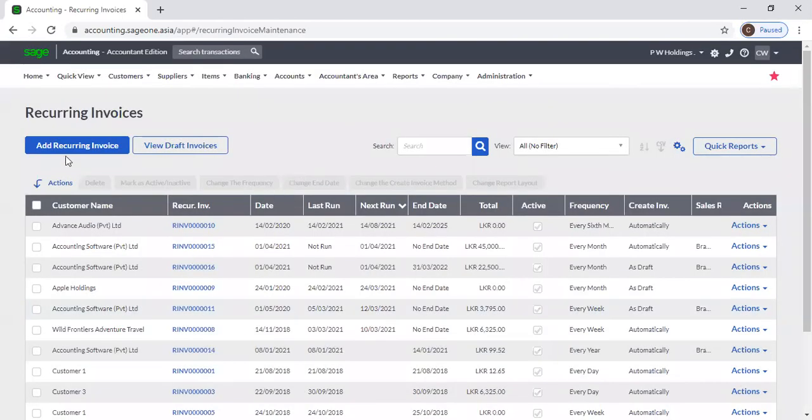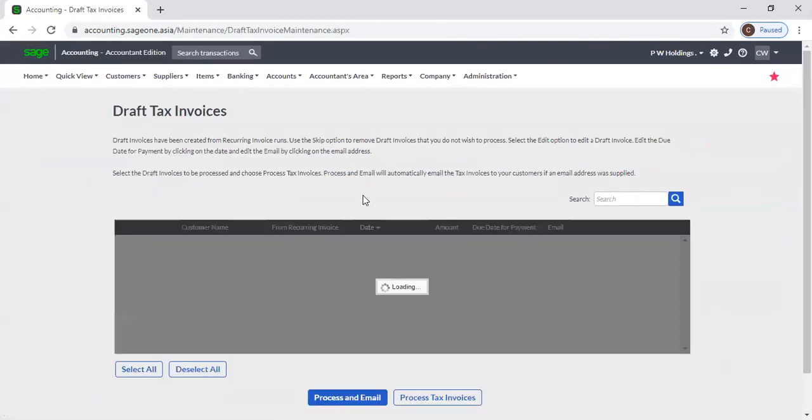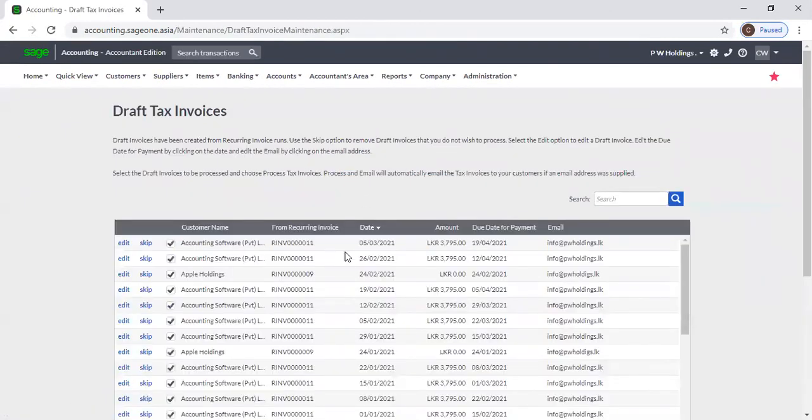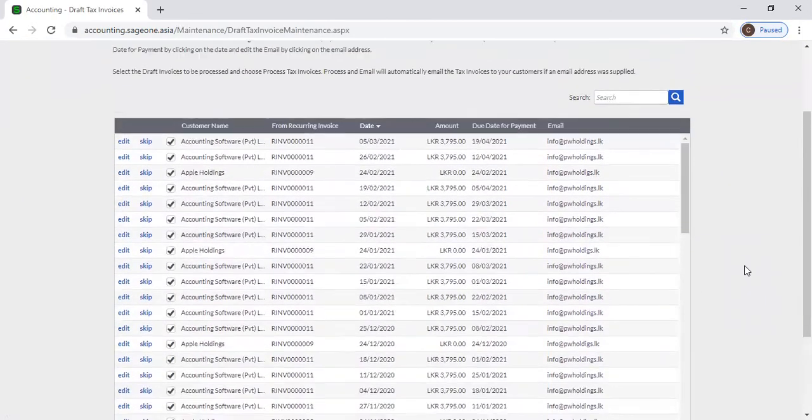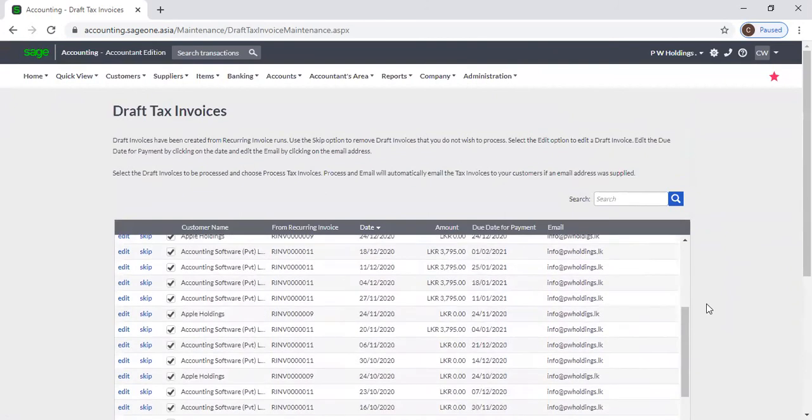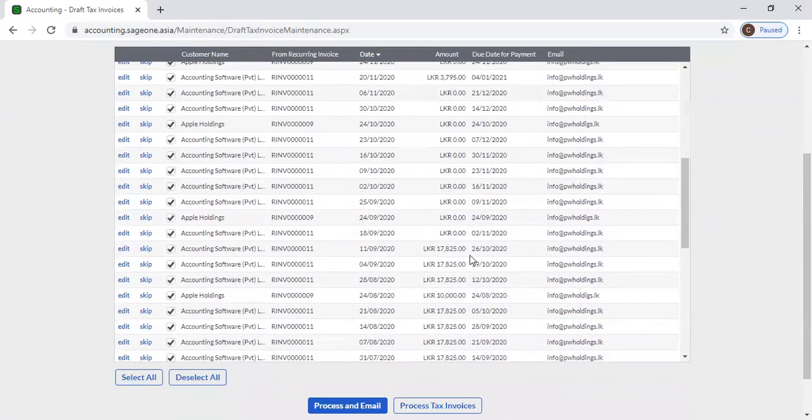Okay, these are recurring invoices, and you can view draft invoices also. And if you want to process a draft invoice,